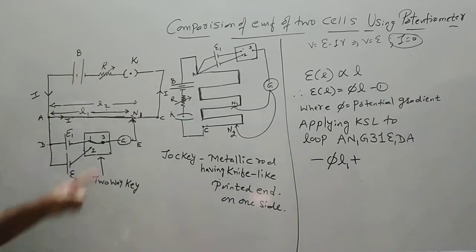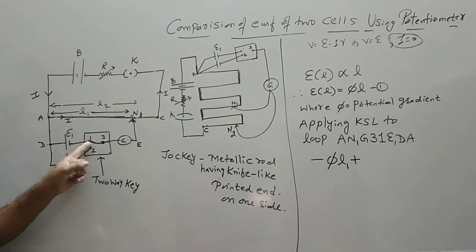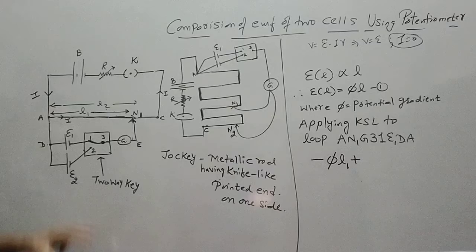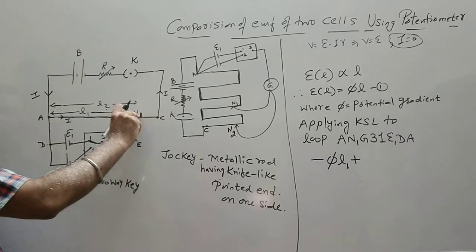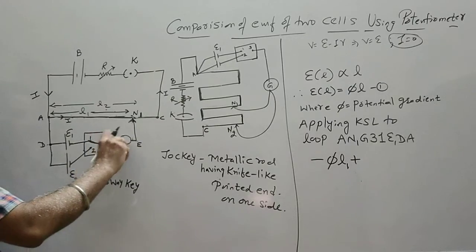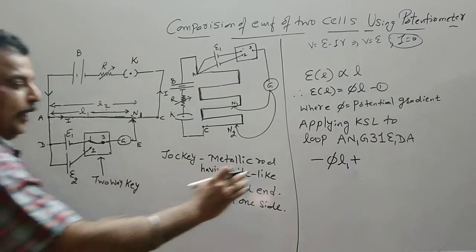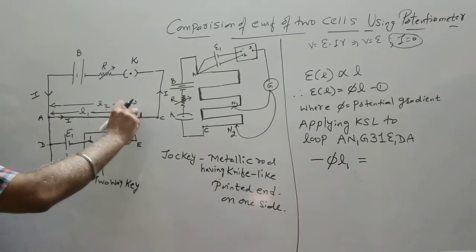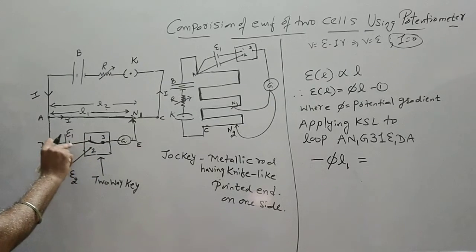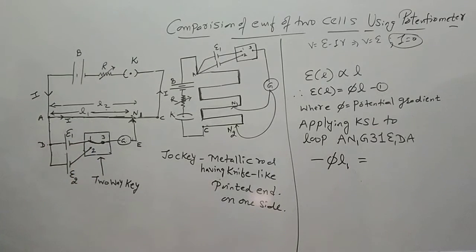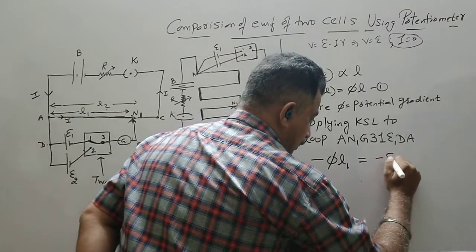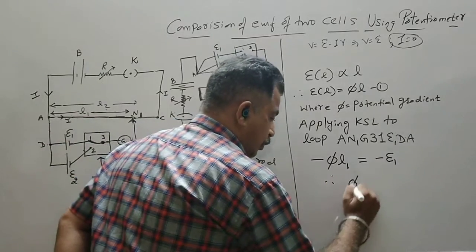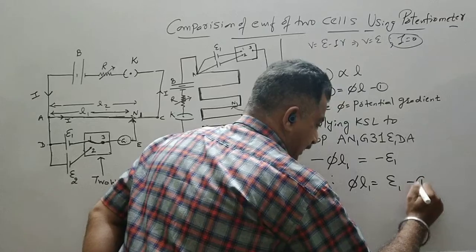Now if I move from N1 to E1, through 3 to 1, this galvanometer is not showing any deflection, so the potential difference between these points should be equal to 0. So no need to write that potential difference directly. I move in a loop, from high to low, in this direction, and I came across the negative terminal first. So while writing on the right hand side, that was our Kirchhoff law, I will write minus E1. And therefore, the first equation is phi L1 is equal to E1. That is equation number 1.